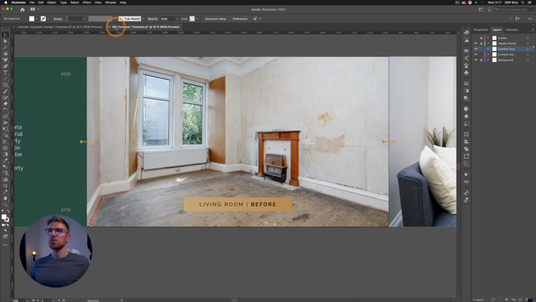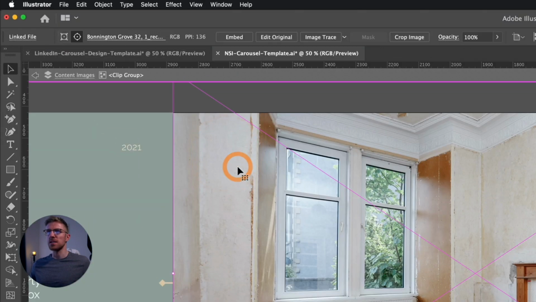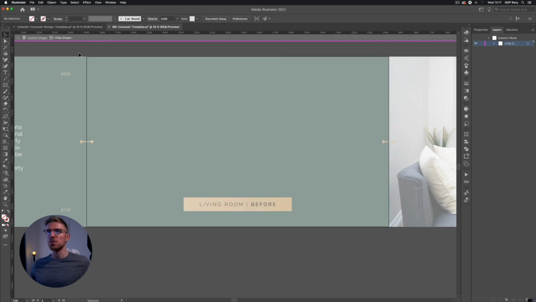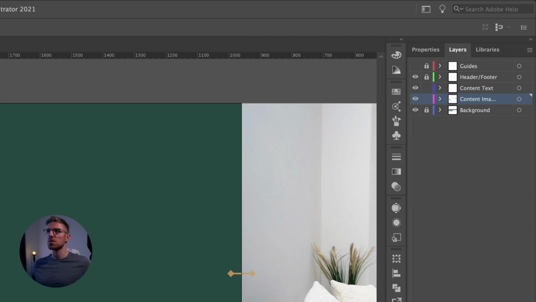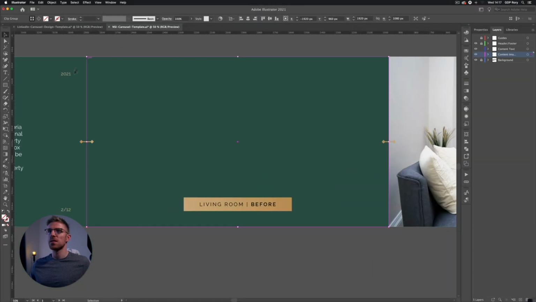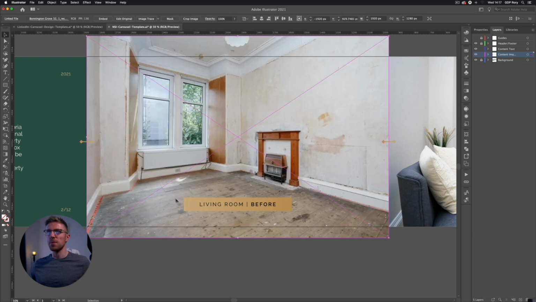So if I go back over to my Nicole Smith template, what I'll do is just show you exactly what I did to set this up. I'll double click into this. I'm just going to cut this image away and I'll double click back out. So you can see my background layer is actually locked, but I have a rectangle set up at the size of this slide. If I paste my image back in place, if you're placing an image into an Illustrator document, it can place in at its actual size,